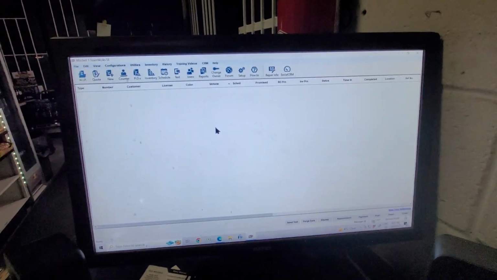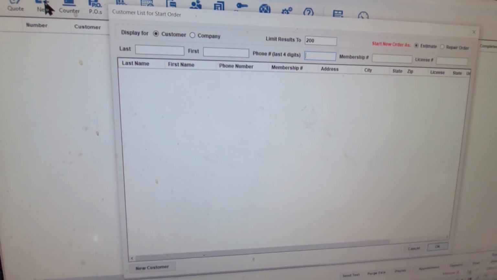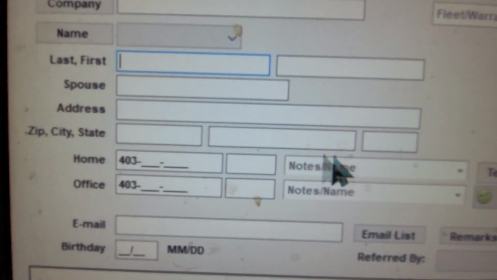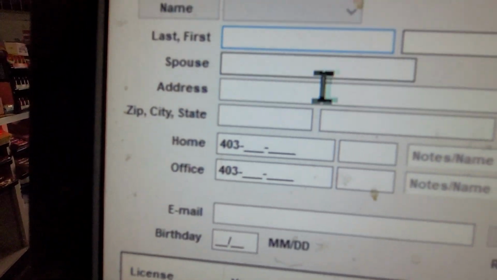Okay, let's do another video for the tires. So again, we get a new customer. If it's been here before, if it's brand new, never been here before, you need to go to, I think, the F10. This is the F10. In F10, you can start entering everything brand new, from the last name, first name, and you're going to enter